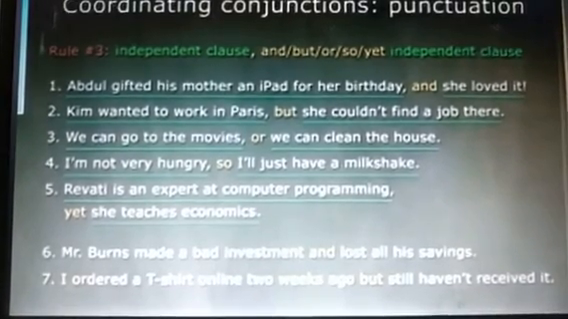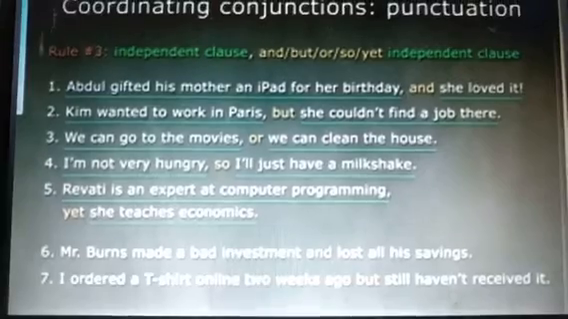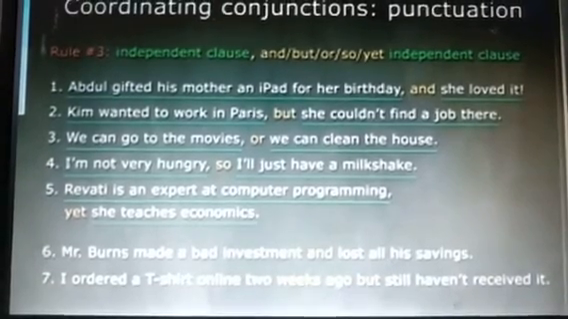Alright, I hope this first type of conjunction is all clear to you now, and so in our next class,